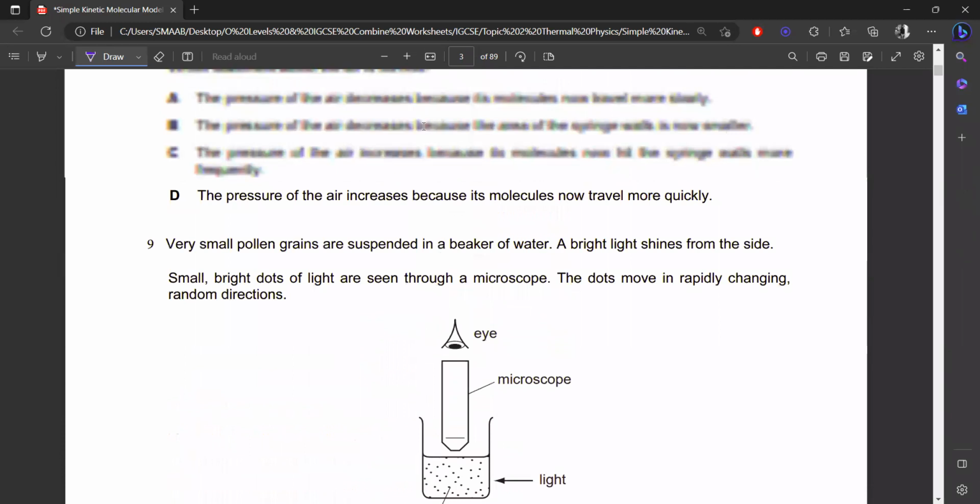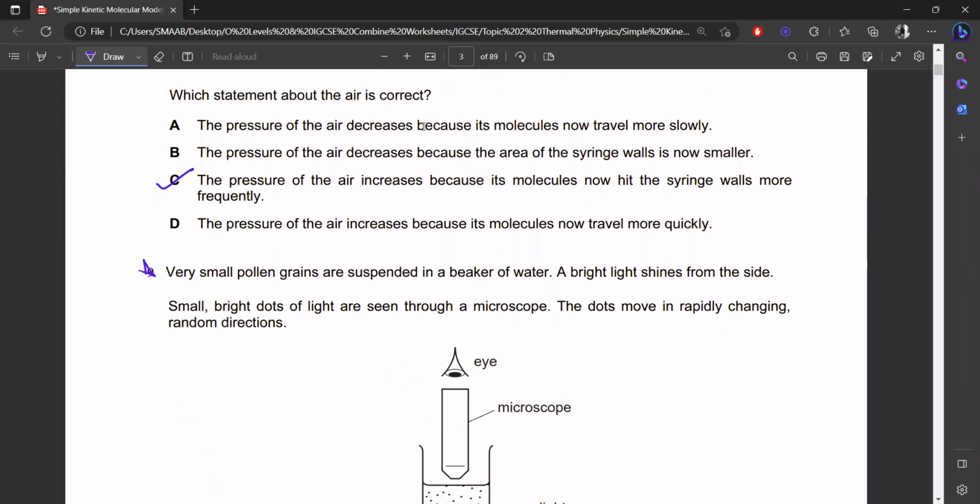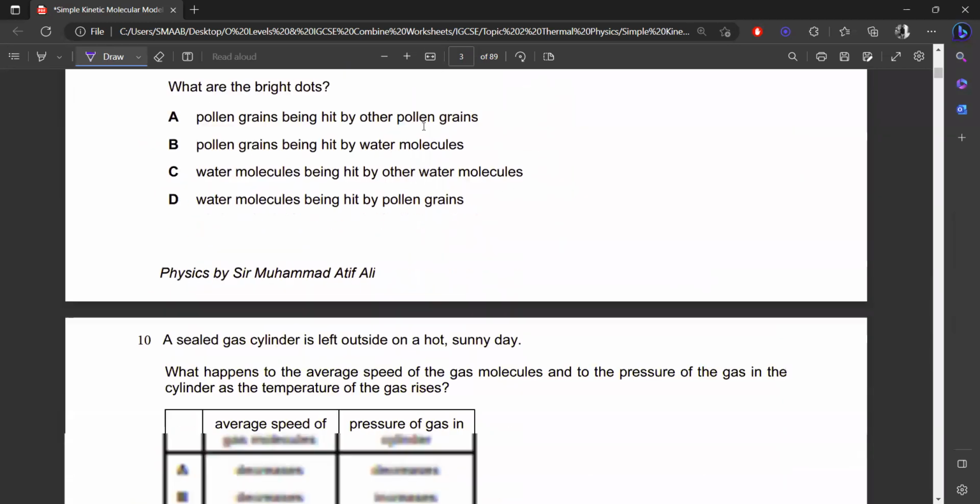Okay, this is also related to Brownian motion. We will